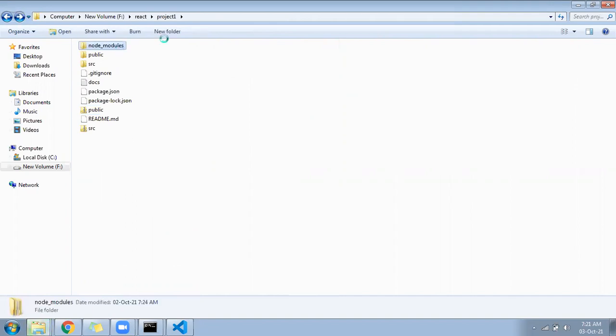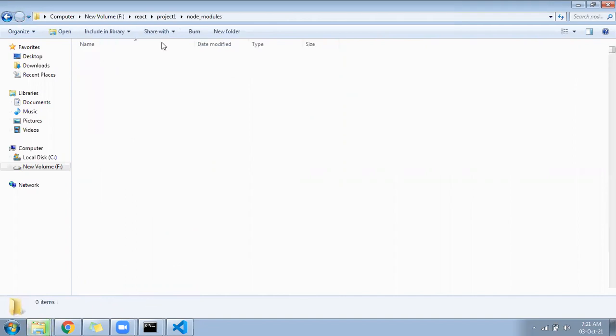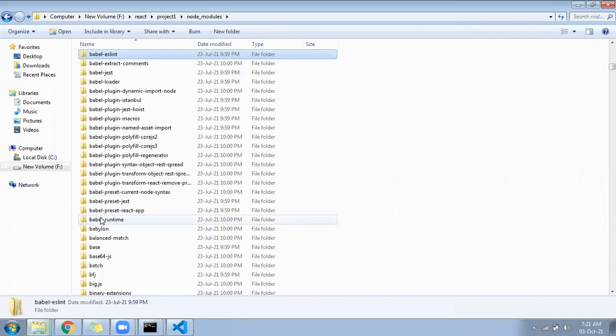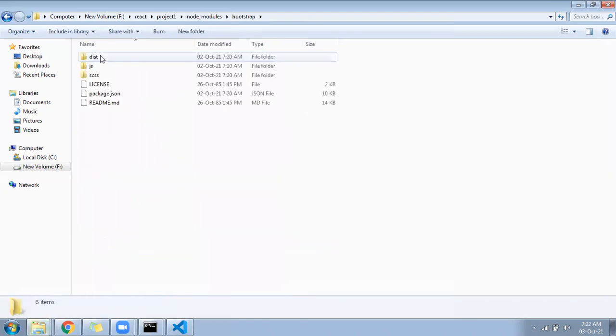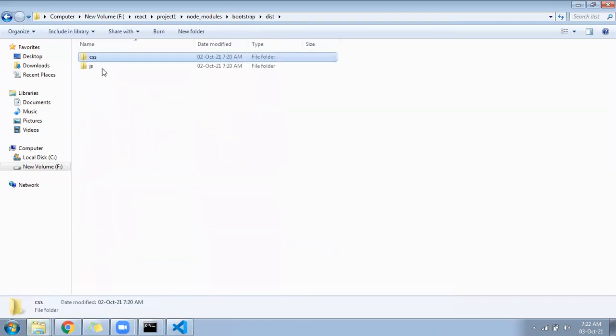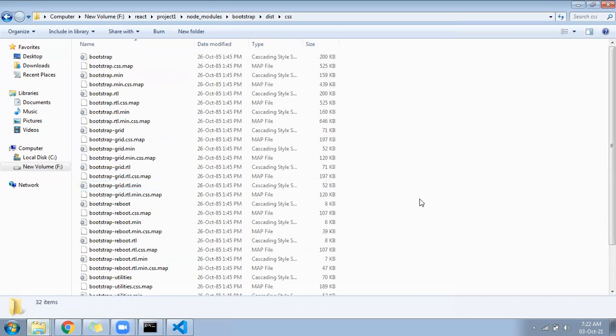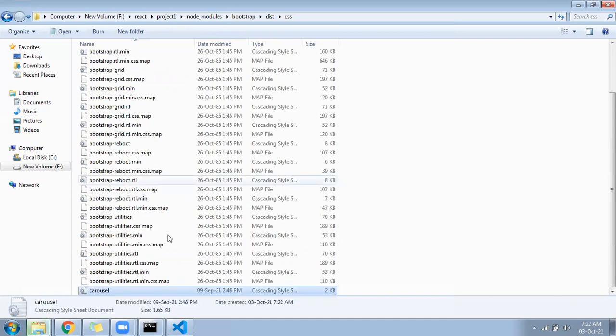Inside your node modules, you have bootstrap, dist, css. You will keep this file here.